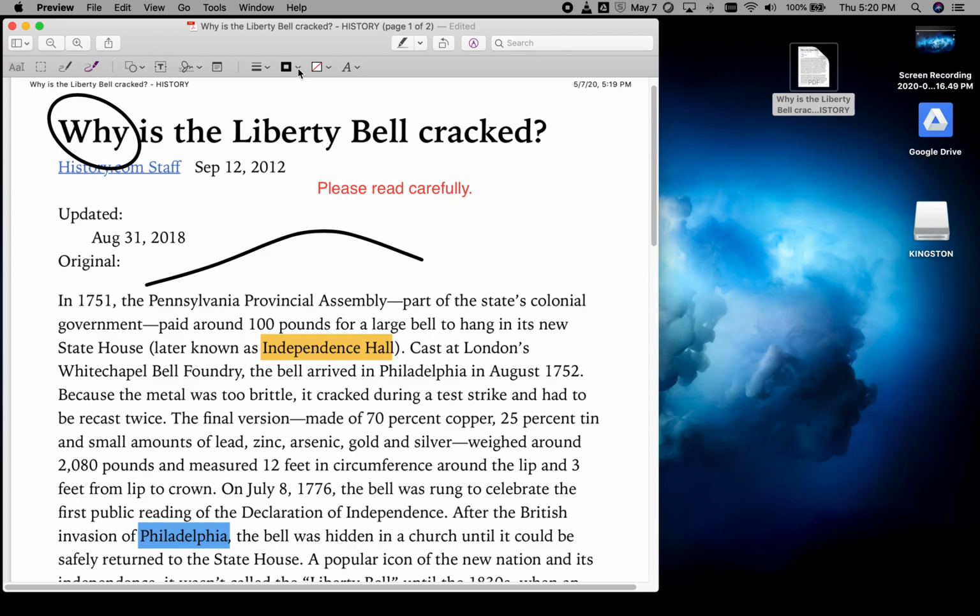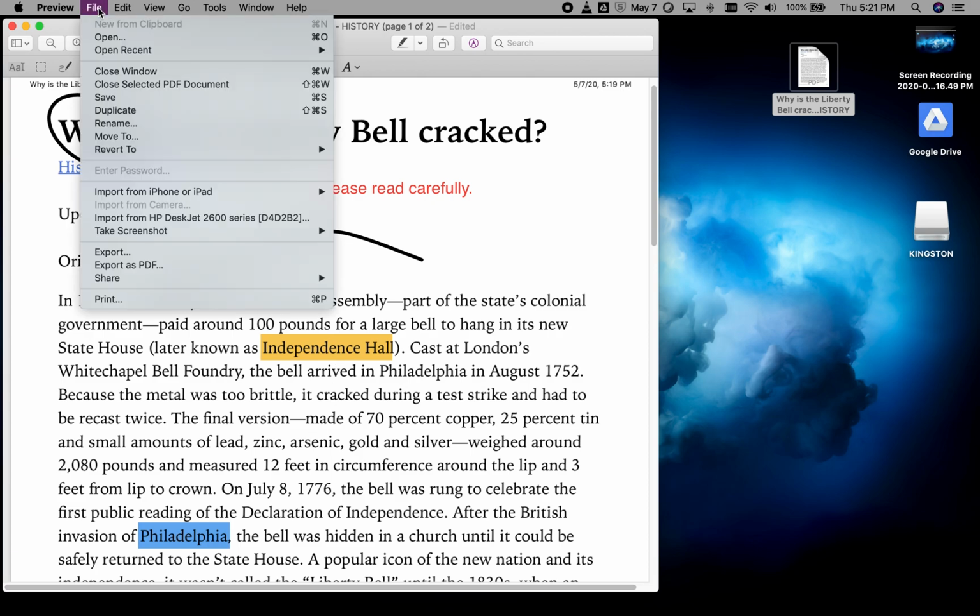I can change all kinds of things here. So I can change my font size and color. I can change the color of the shapes. I can insert signatures. Lots of different things I can do here. So this is called Markup, and it exists in the Photos app as well. We can dive into that at another time if you're interested. But I can basically mark up this PDF,